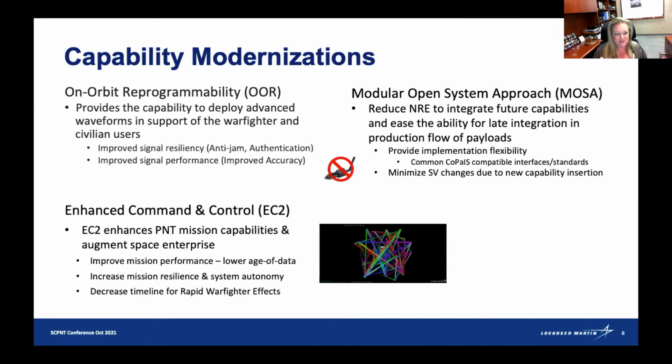And I can't get into too much detail, obviously, in this forum, but this will improve our signal resiliency and our performance. Adding the enhanced command and control will also further augment our PNT mission. That'll give us the ability to lower the age of data. When we lower the age of data, that increases our accuracy. And that also allows us to increase our mission resiliency and autonomy, ultimately enabling those near real-time rapid warfighter effects